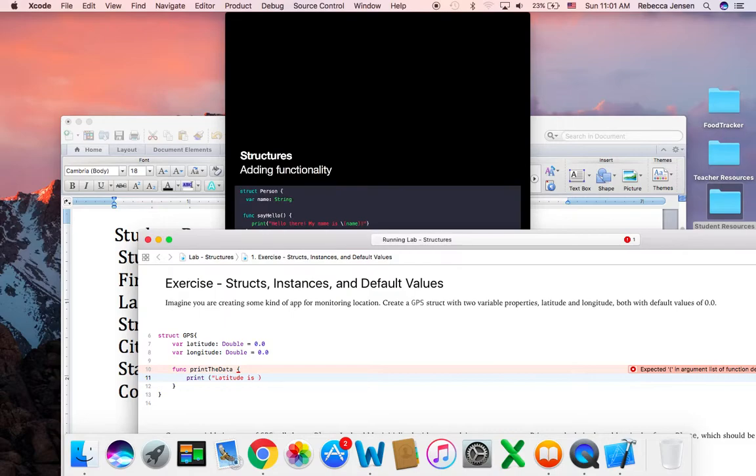And then we want to put latitude in here. Now notice for latitude, I don't have to put anything in front of this, like something dot latitude, because I'm inside the structure. So I can access latitude without having to put anything in front of it. Okay, so I have latitude, and then maybe I also put longitude,